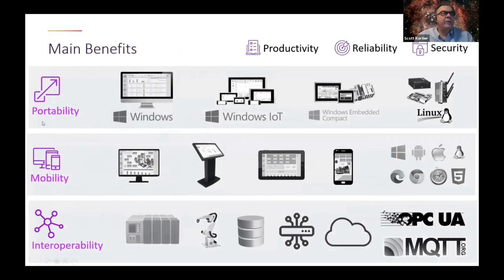Now, this product has three kinds of focuses. Portability, meaning we've got the ability to run on different operating systems: Linux, Windows CE, Windows Embedded, Windows Desktop, and Server editions. We've got the ability to have you be mobile, and your operations staff and maintenance staff be more efficient, by allowing this product to be viewed, but not only viewed, but interacted with, on tablets and phones and desktops through browser technology.